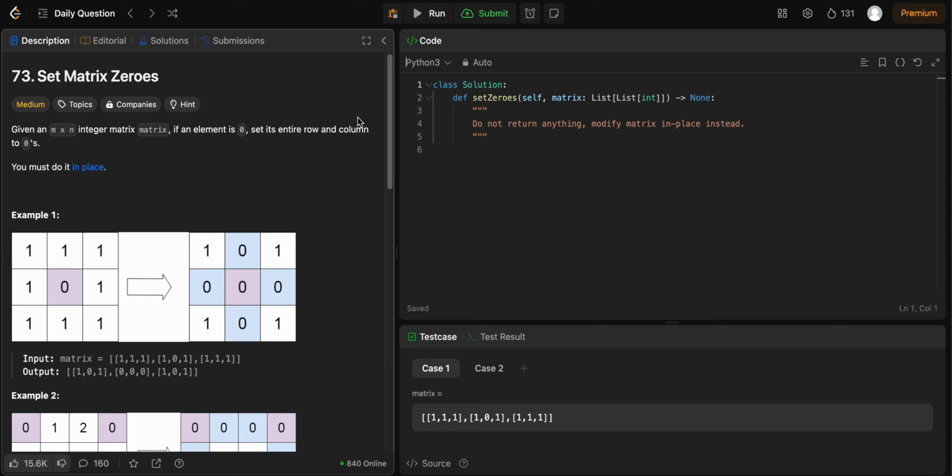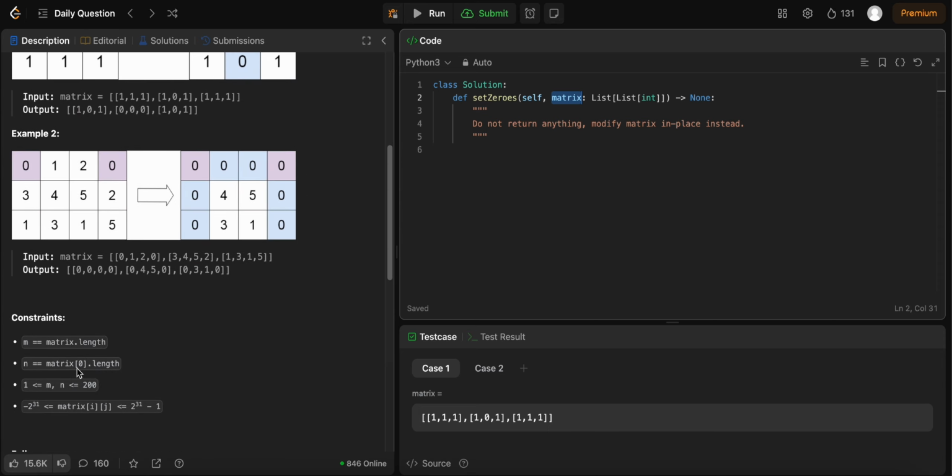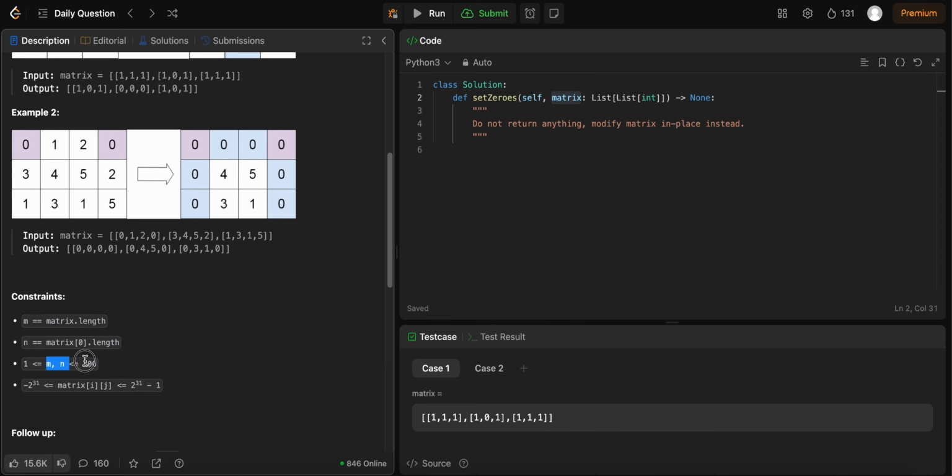So we have a medium today. It's called Set Matrix Zeroes. We're given an m by n integer matrix. If an element is zero, set the entire row and column to zeros. Very short description, and you have to do it in place, so you just modify the input. Right, so M and N are